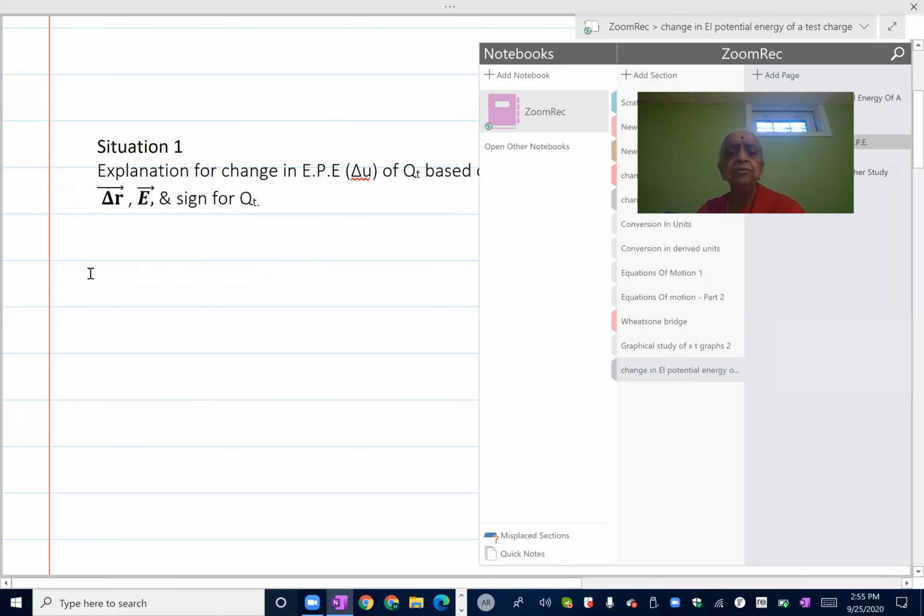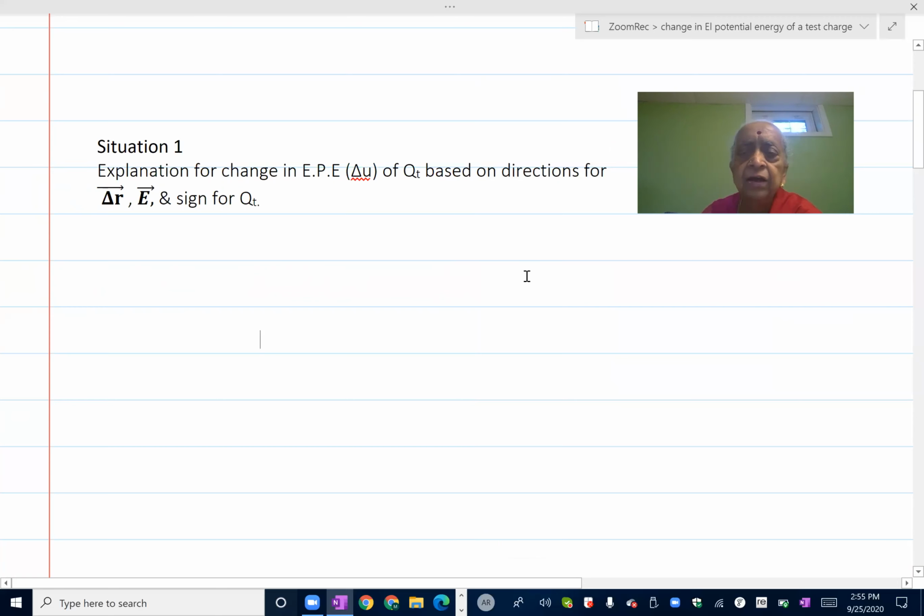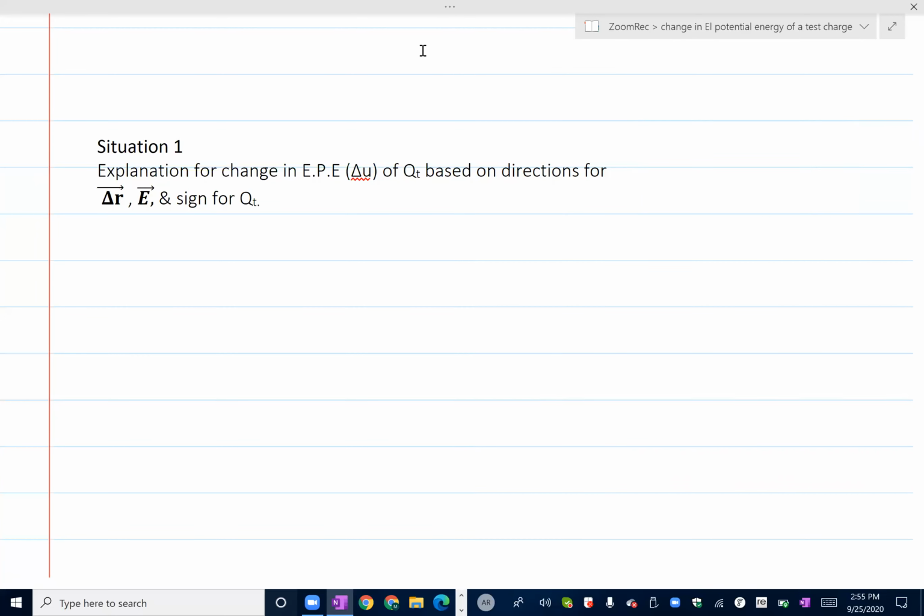Now coming to the next part, that is the explanation part. Now I'll turn off my video so that you can concentrate more on the derivations and the other explanations, and you can focus only on that particular thing. I have already told you about the general introduction, so I will now pass on to the explanation. I'll just turn off the video and carry on with the derivation explanation, and you please listen to that.